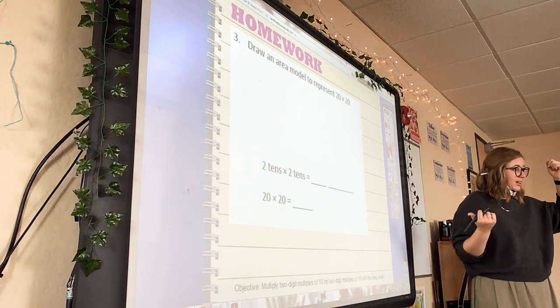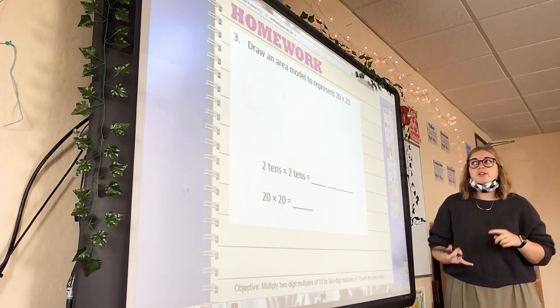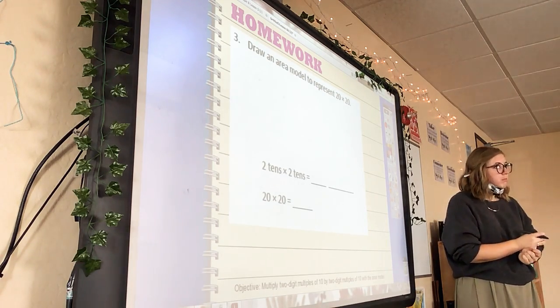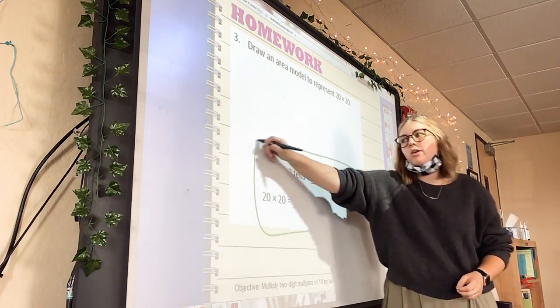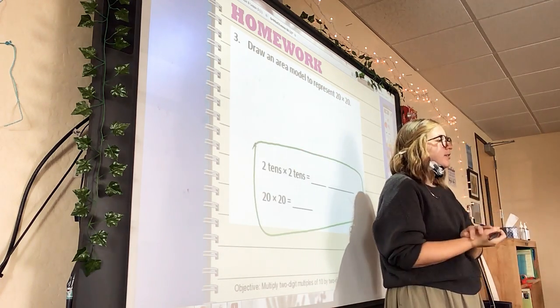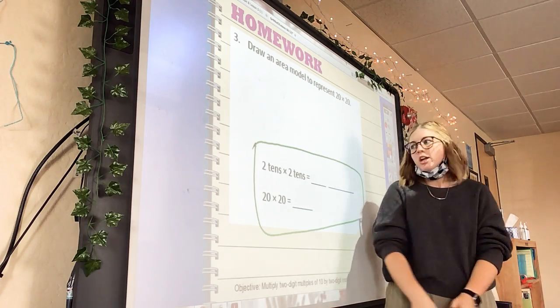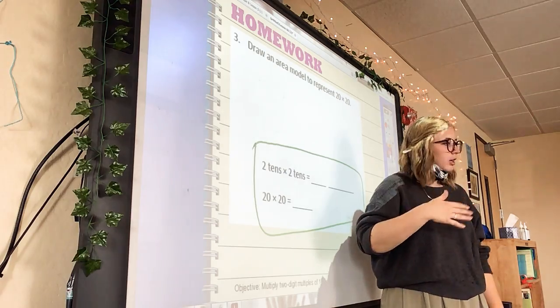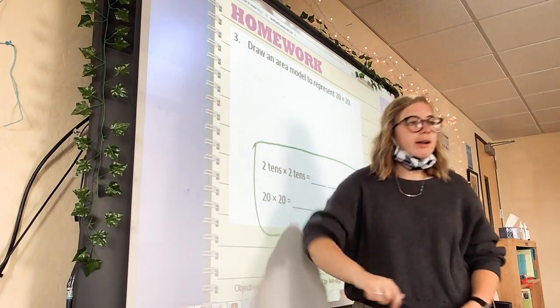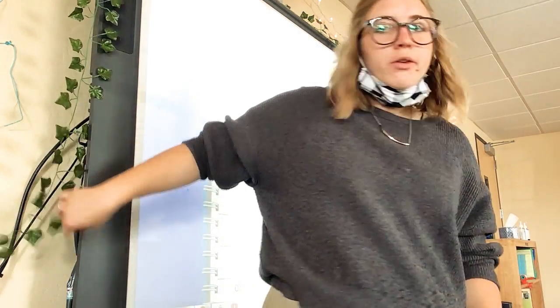Do you understand? Okay. So you are drawing an area model to solve the problem. Do your best on the fill in the blanks as far as units go. Use your knowledge of place value. You can do it. Remember that when we're multiplying 10s times 10s, that's just 10 times 10, right? 100, okay? All right. You will get your homework on the way out, and I will see you